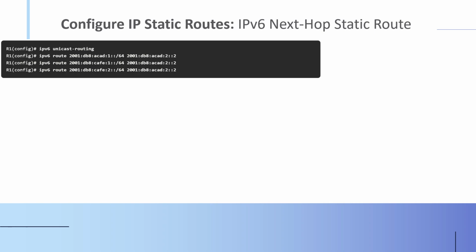And then we say ipv6 route, where we add the IP address of the network, followed by the prefix length, which shows the subnet mask of the destination network, and the next hop, which is the IP address of the serial 0/1/0